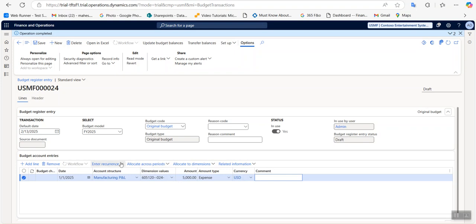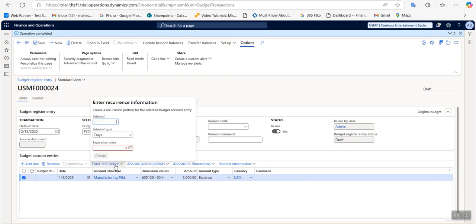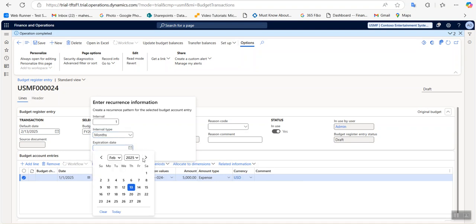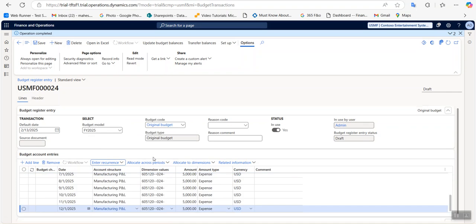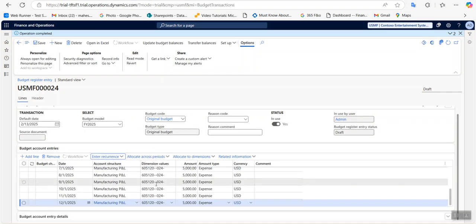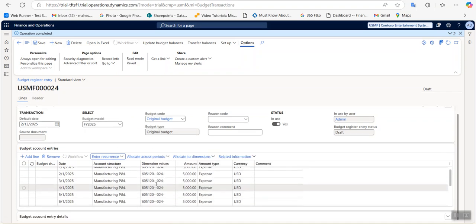Then I will go to the entire recurrence. Here I will select month, and here I will give the last month end date. Let's imagine I am giving the end date as December 31st 2025, and if I click on create, now you can see